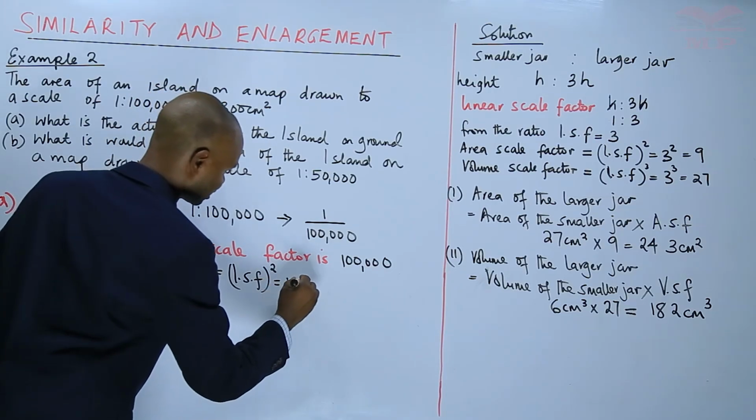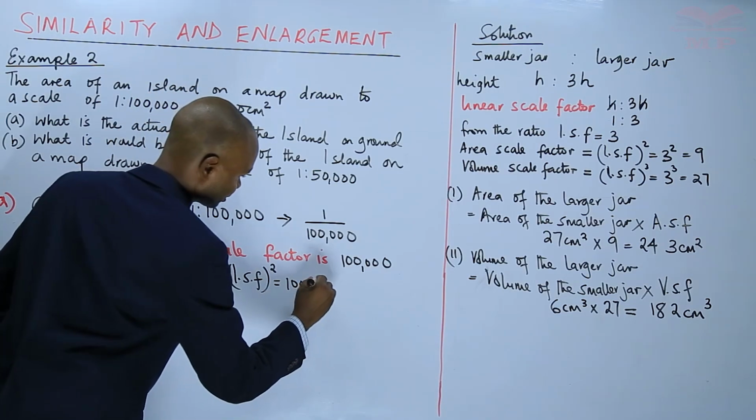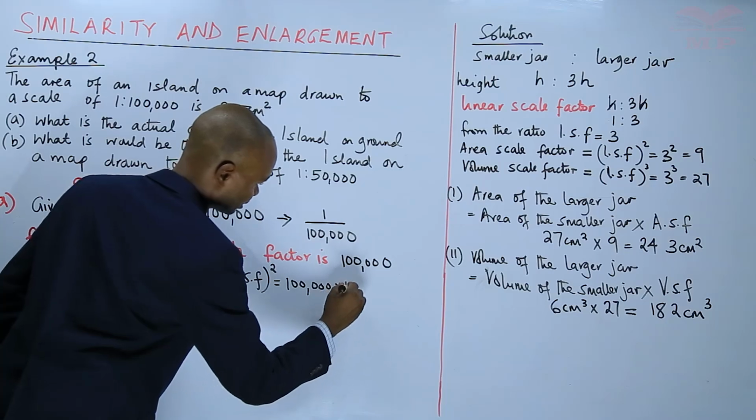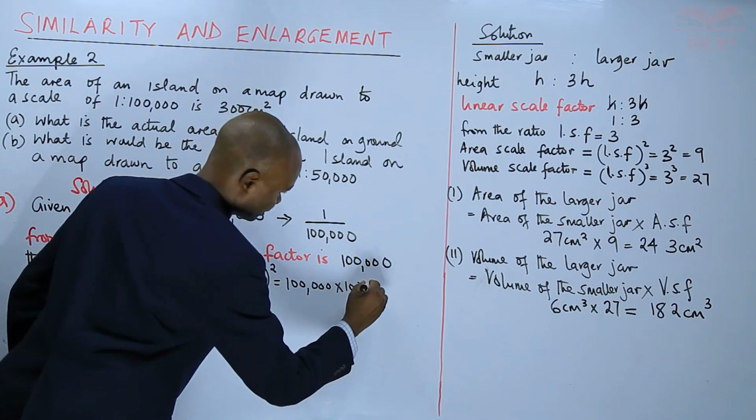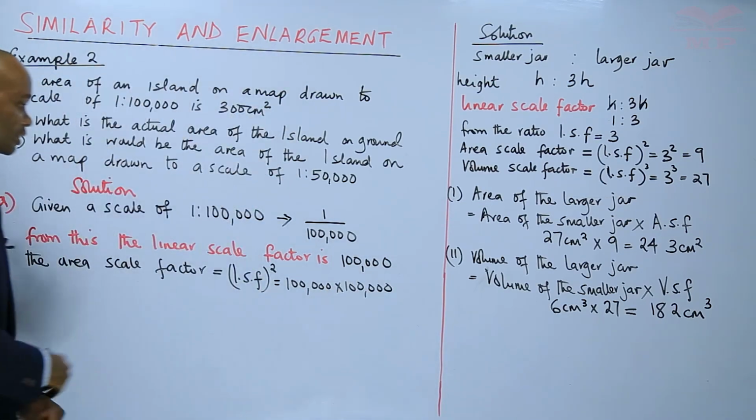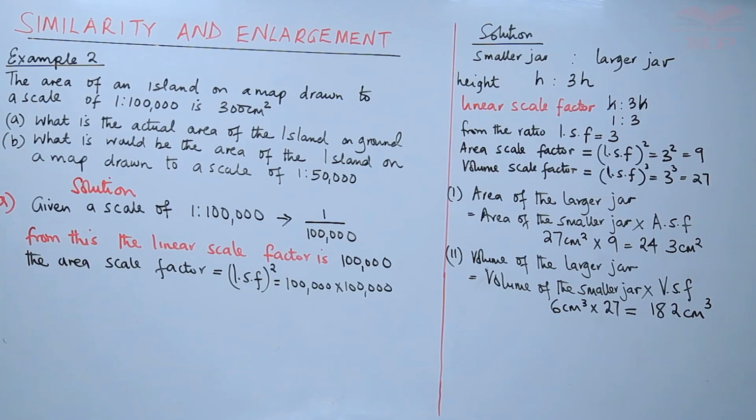So it will be 100,000 times 100,000. Those are centimeters. So we come to actual area